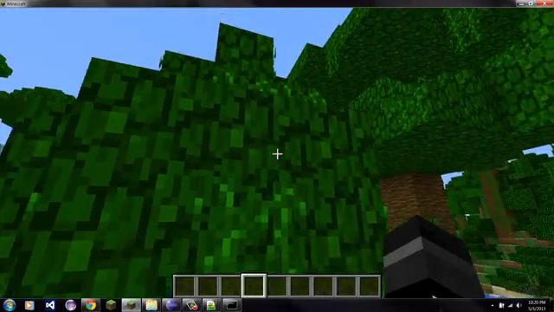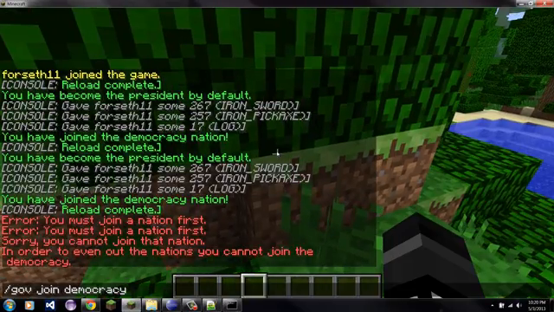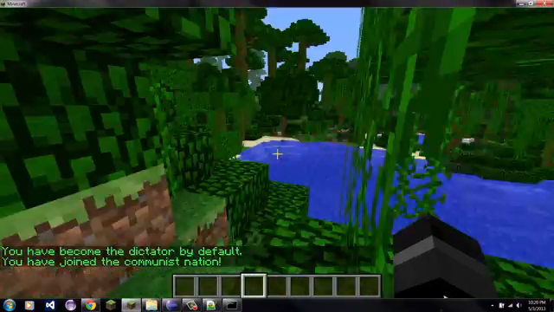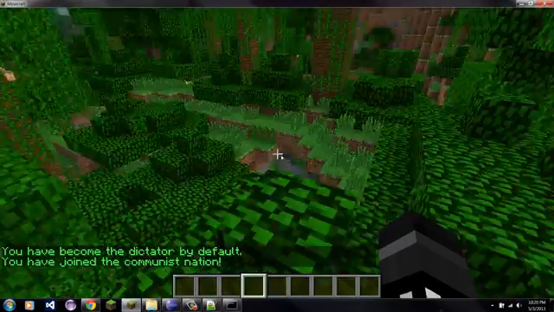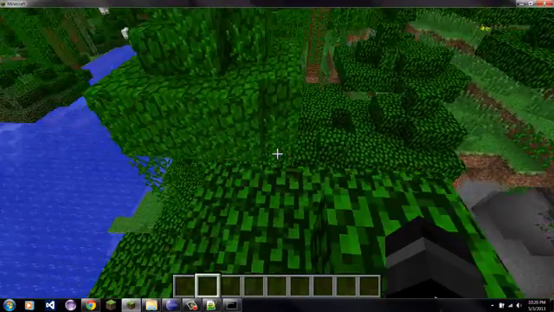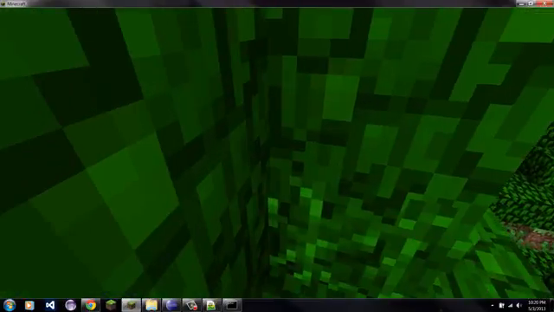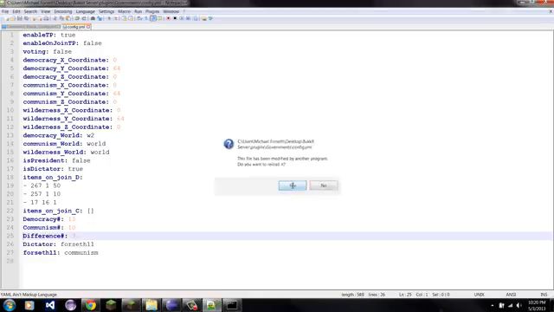So now I have to join the communist country. And the wilderness is there, so basically the two nations can fight. So if I join the communist country, you have become the dictator by default. You have joined the communist nation. And now I didn't put any items that you can earn for this one. And now if I go back to here and say yes,